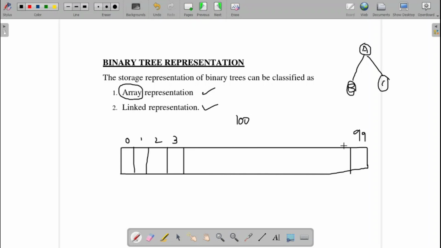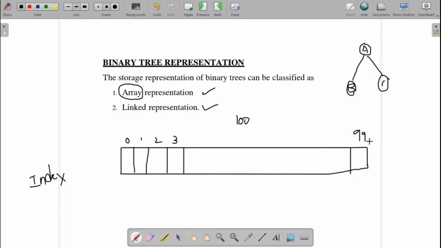The elements maintain continuity based on the index values, and are accessed based on the index values. The index value will start from 0 till the maximum number of elements minus 1. Since it starts from 0, if the size is 100, then the last element will be 100 minus 1, which is equal to 99.